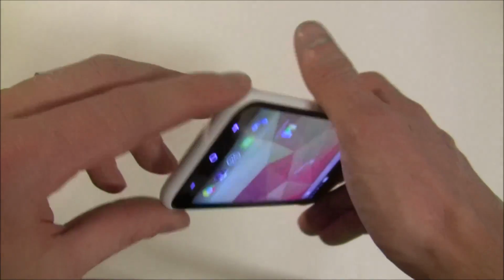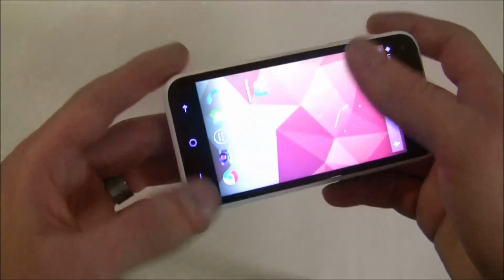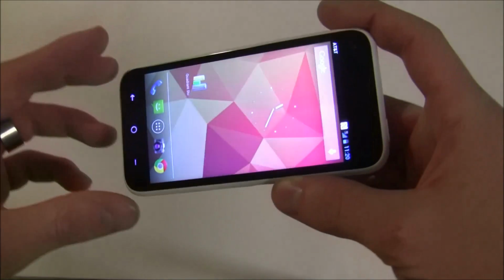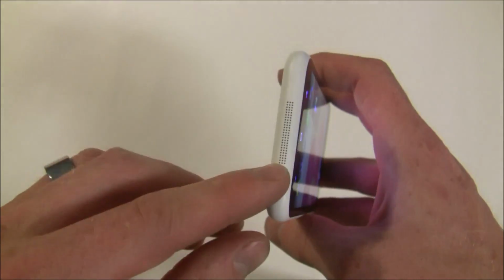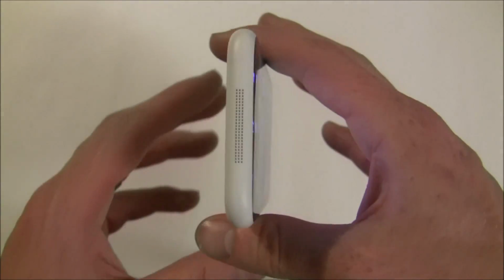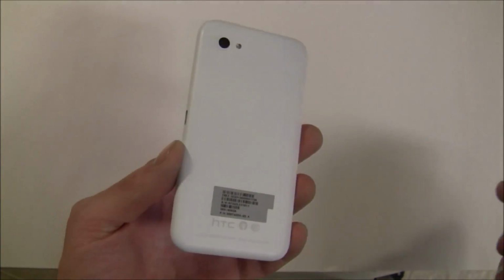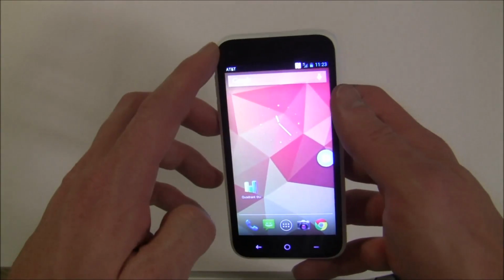It might have to do with the position of it rather than being on the back, like a lot of Samsung phones have. I wouldn't say it's as good as BoomSound on the HTC One by any means, but really impressed compared to most other Android devices that I've used or reviewed with the speaker loudness and sound. On the back we have a 5 megapixel camera with flash and a 1.6 megapixel camera on